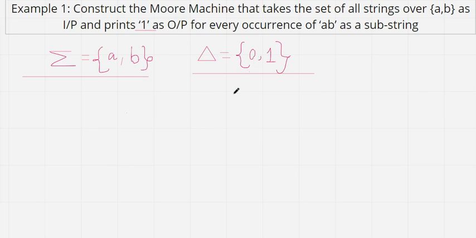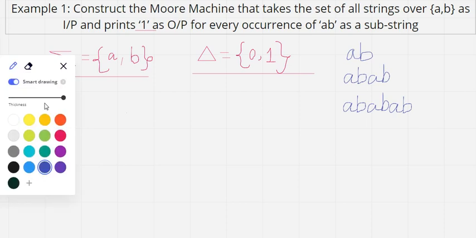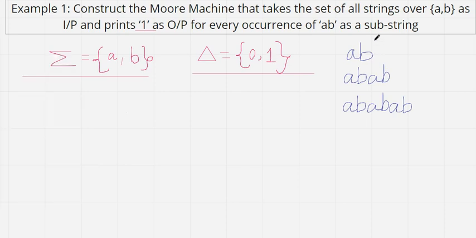Now let us start with the process. But before starting, I will consider a few strings, and based on those strings we will check how the output will be printed. I have considered a few cases, starting with the initial string ab. On reaching the final part, there will be a state that ab reaches, and the output must be equal to 1.